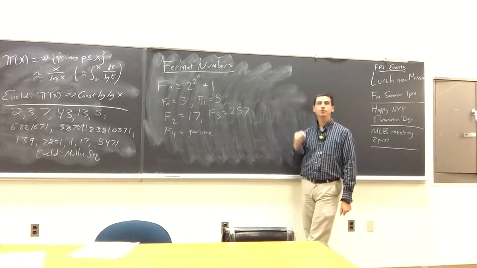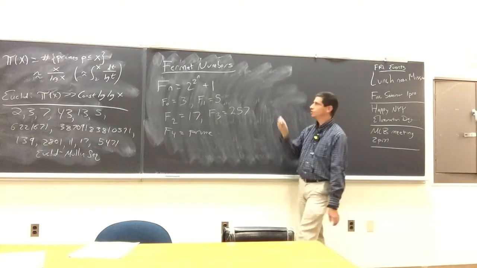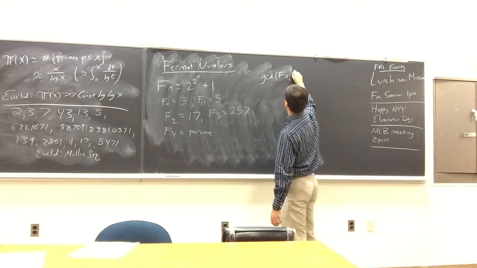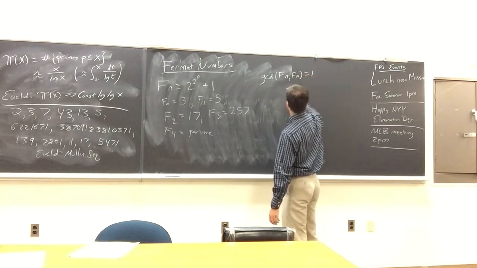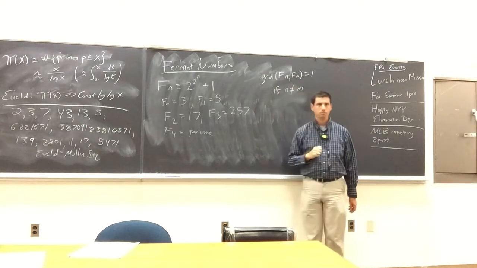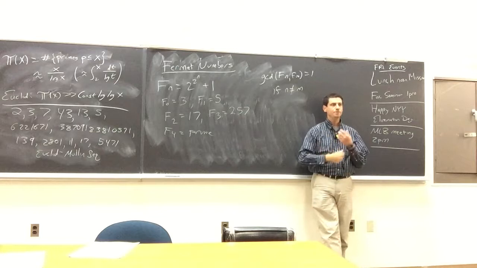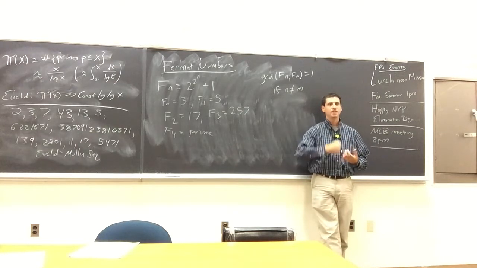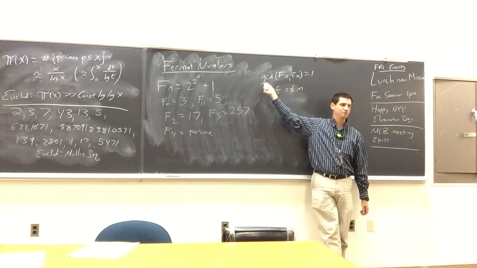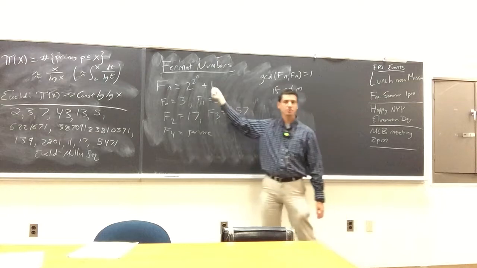You can prove that any 2 Fermat numbers are relatively prime. So the greatest common divisor of Fn and Fm is 1, unless you're silly and take n to be m. So if the Fermat numbers are relatively prime, every time you take a new Fermat number, that's going to give you a new prime. This is going to be a horrible rate of growth. Your numbers are growing exponentially.